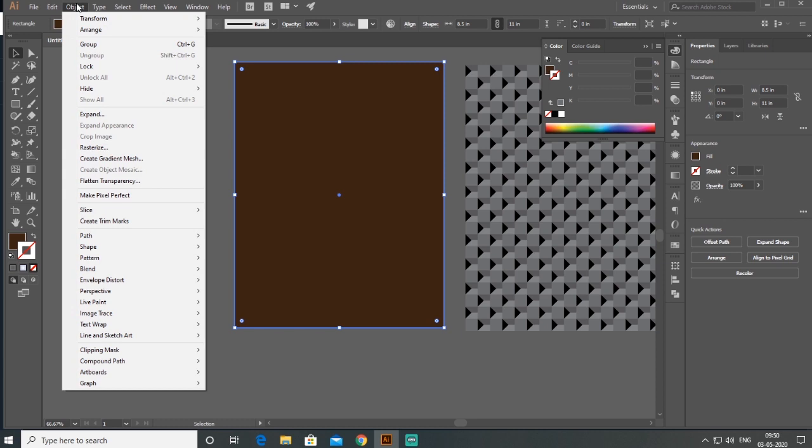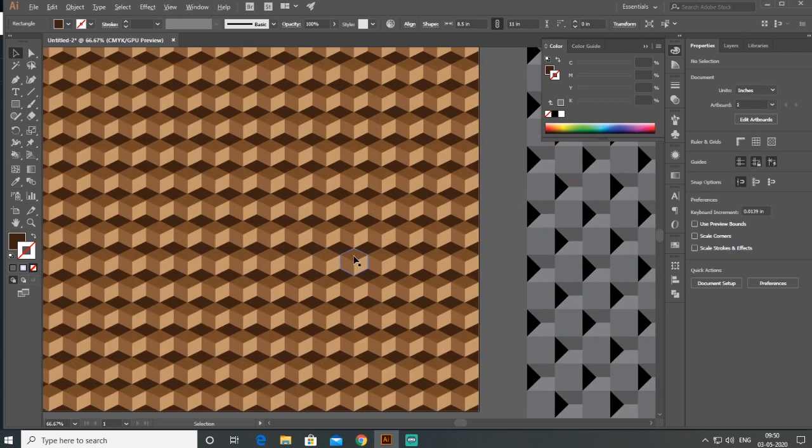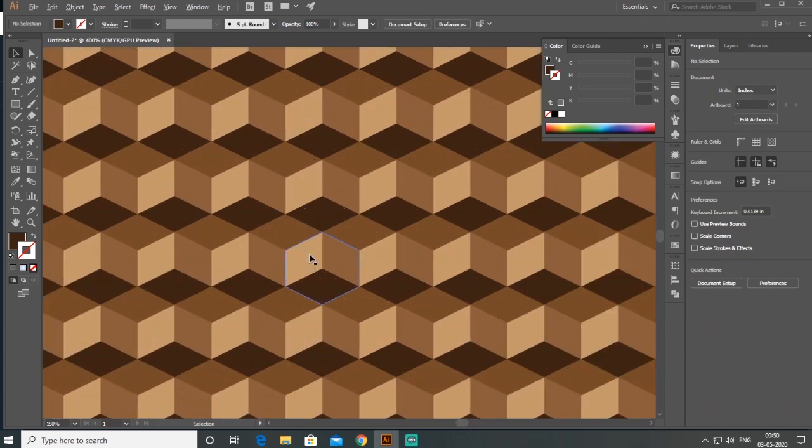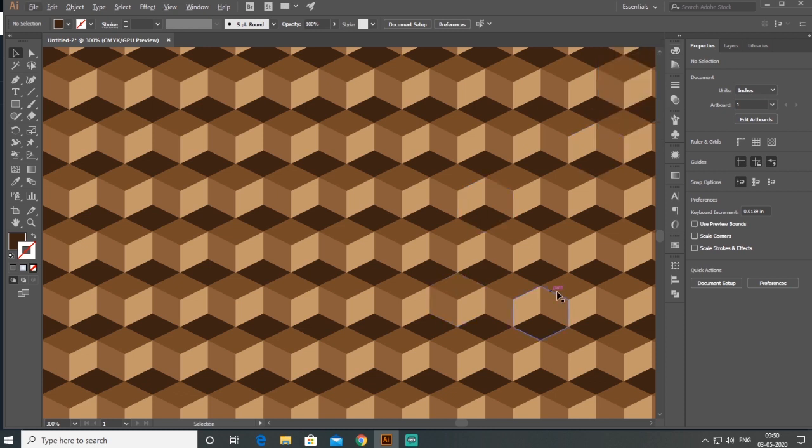Then I go to Object and send this object to back. So look how my 3D pattern looks.